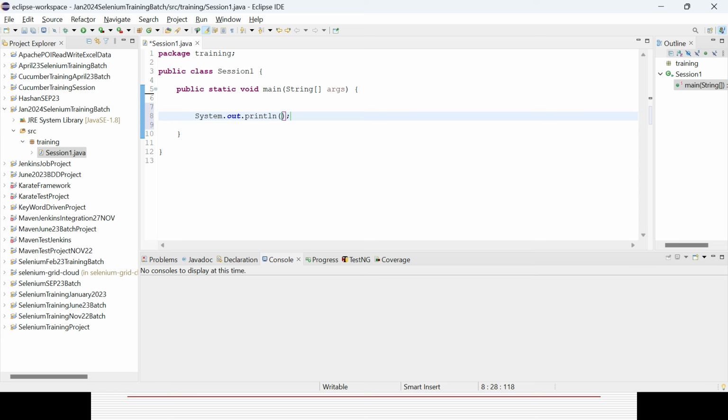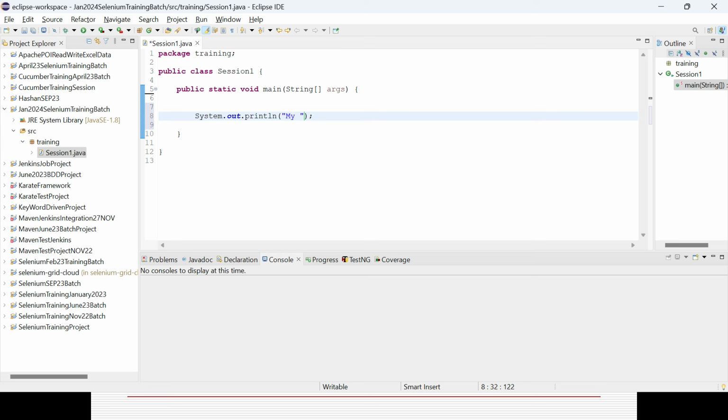What is the importance of the SYSO method? What is the importance of the main method? In session 3. So just keep some patience, otherwise you will be confused altogether. And here, in case you want to print something, you need to give double quotes, because double quote is the symbol for string. And in case of a numeric value, you can give it without double quotes. Those parts will also be part of Java.